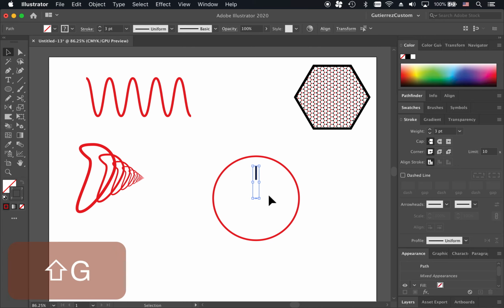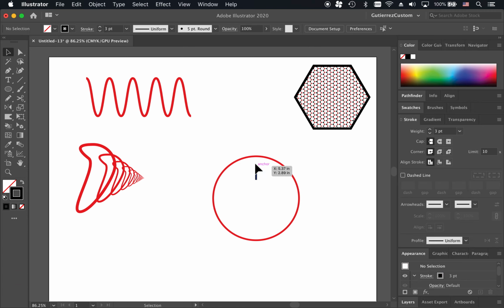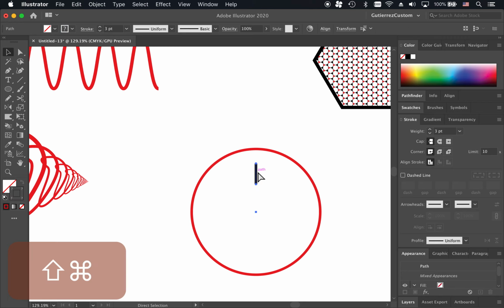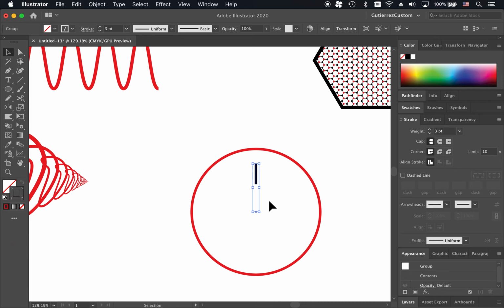So Shift G. Oh, maybe I didn't click it. Let's do that again. Let's hold down Shift, Command G. There we go. Now they're grouped. Now we can see that when I highlight it, both the empty anchor point and that line are highlighted. So let's highlight this whole thing, and you'll see that what I did making that empty point is this is going to be my pivot point around which I'm going to make duplicates by revolving that feature